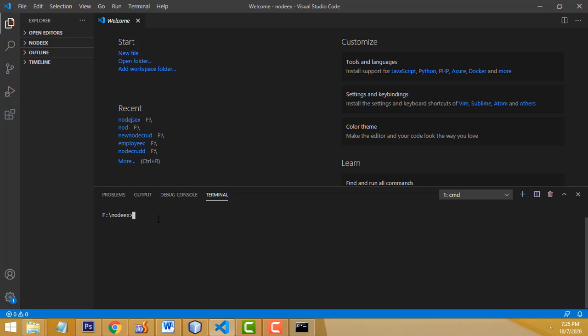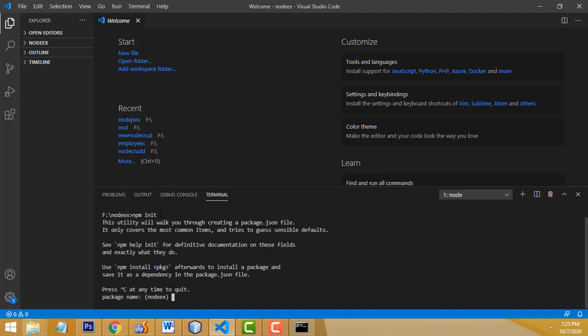Now I am going to create a Node.js project. How to create the Node.js project? It's very simple. First you have to write npm init. I have already taught this in my last tutorial. Don't forget this command, it is a simple command you have to remember. Press the enter key.